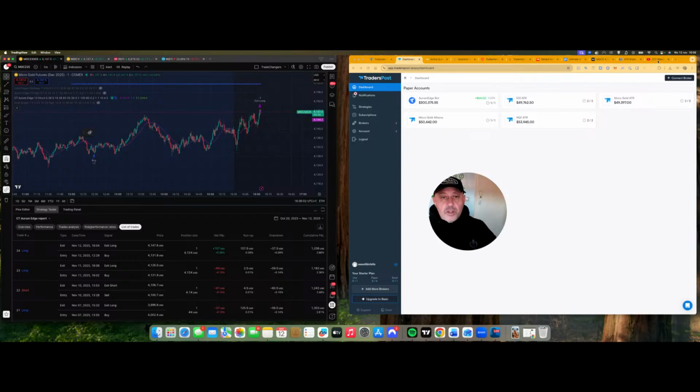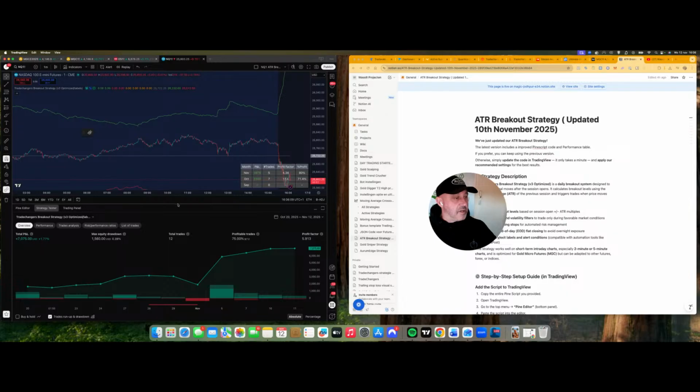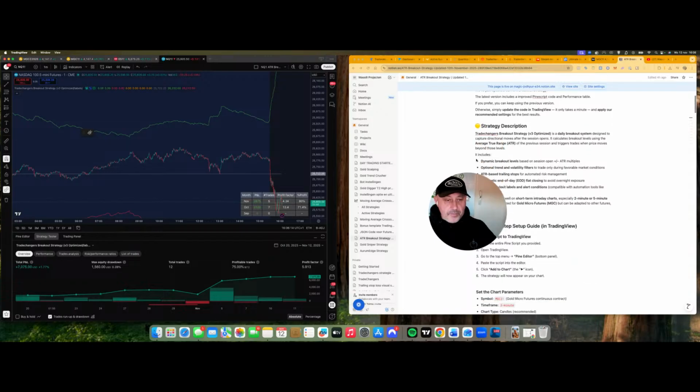Let's go here. So we launched the ATR Breakout Strategy, and that is this one in here. It's also stated here, designed to capture directional moves after the session opens. It calculates breakout levels using the average true range, the ATR, of the previous sessions and triggers trades when price moves beyond those levels. It includes dynamic breakout levels based on session open ATR multipliers, optional trend and volatility filters,